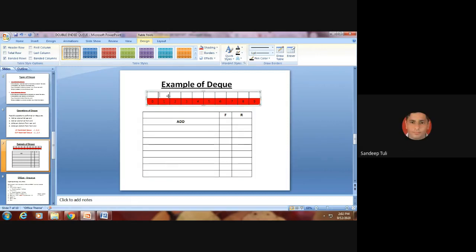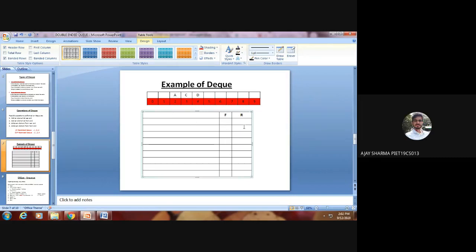Now suppose there are already some elements in this queue: A, C, and D. So initially, what are the values of F and R?